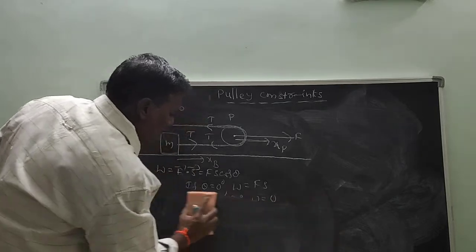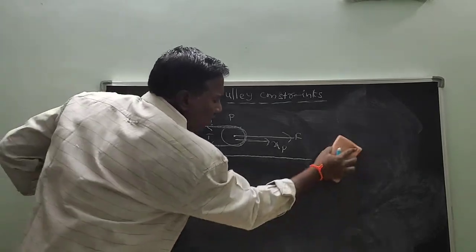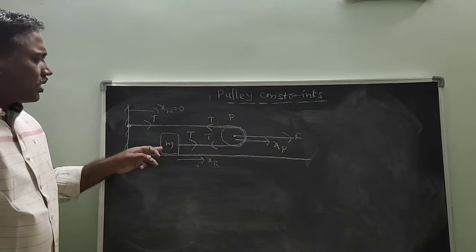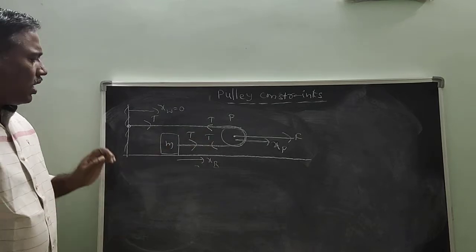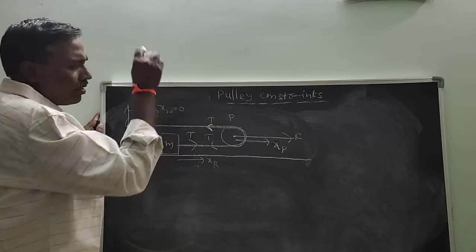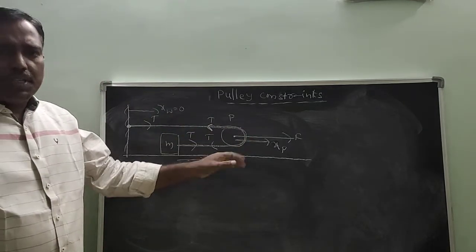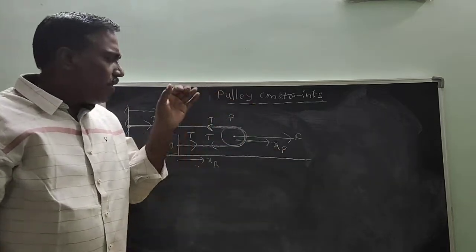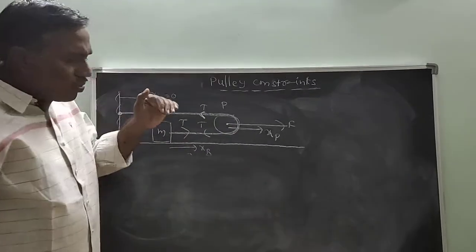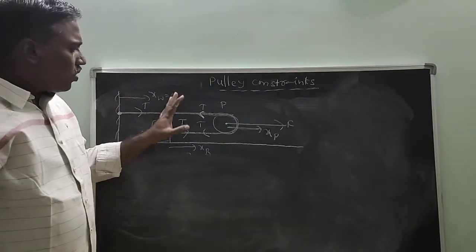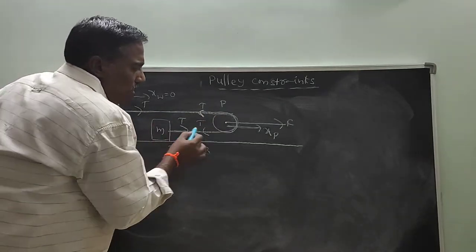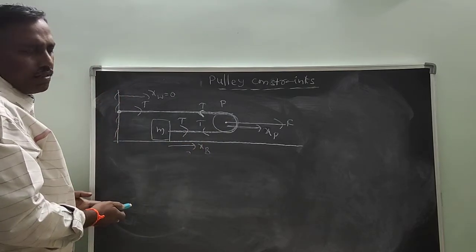Now I am using total work done by the string. Tension in the string is 0. Here this string is ideal, that means no energy is stored in this string. This string is ideal, that means the total length of the string is constant, there is no elongation. So energy stored in the string is 0. When energy stored is 0, it means total work done by tension is 0.